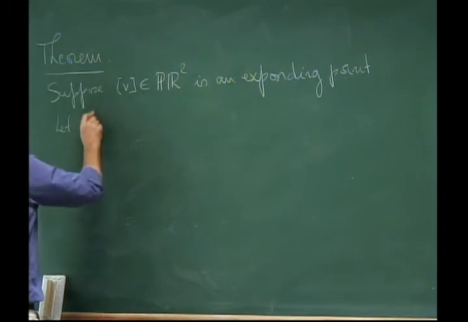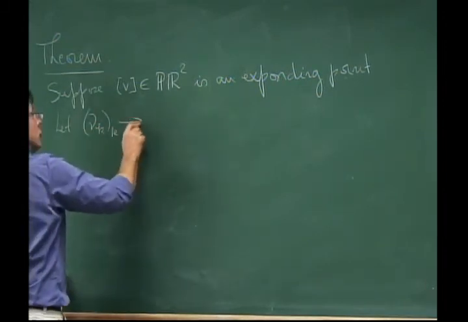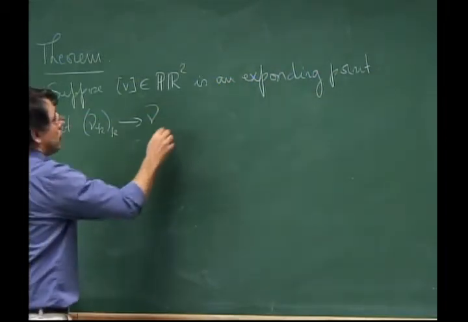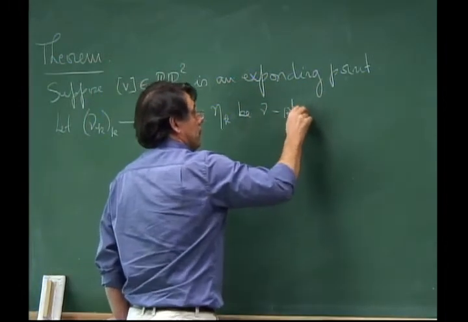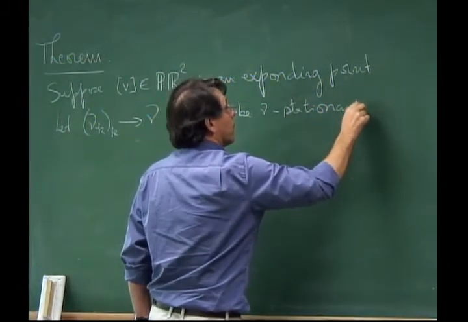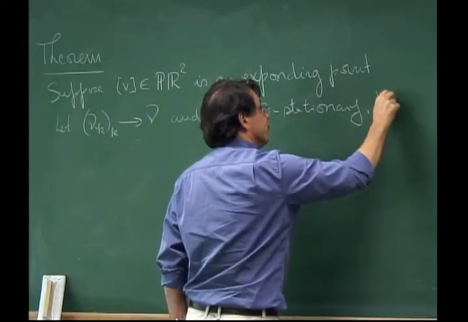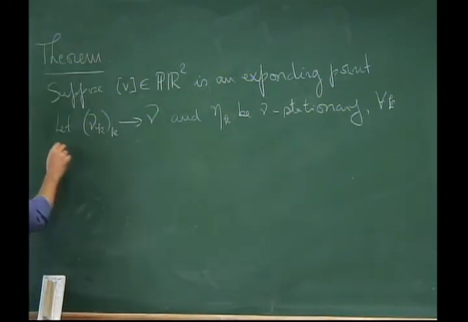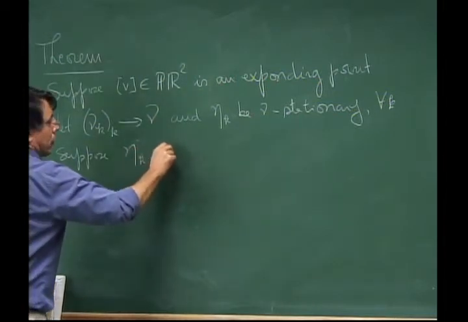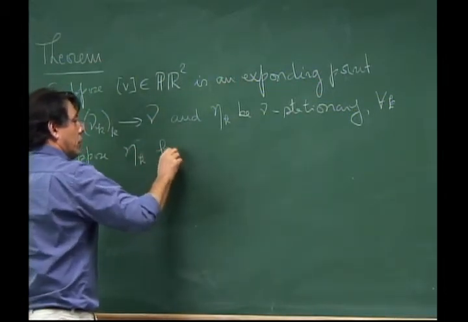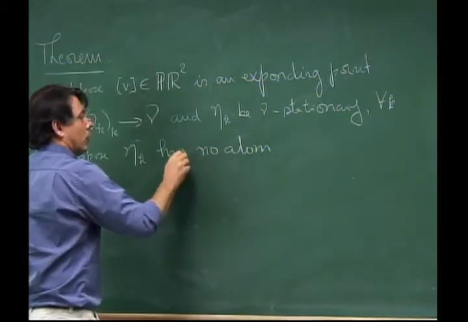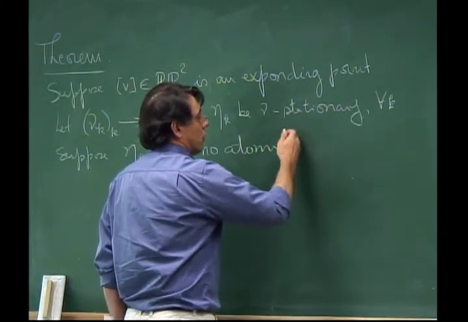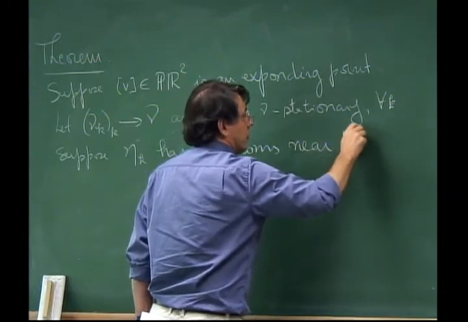Let nu k converge to nu, and eta k be nu stationary for each k. Suppose eta k's are non-atomic, have no atoms, has no atoms near V,